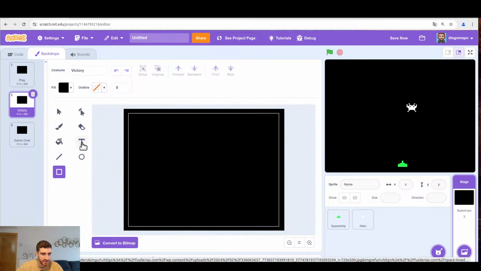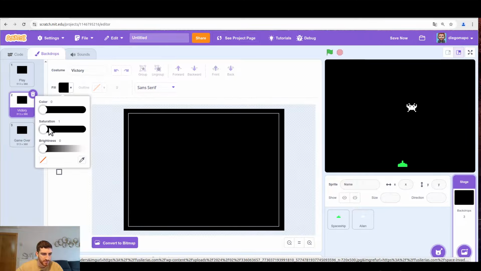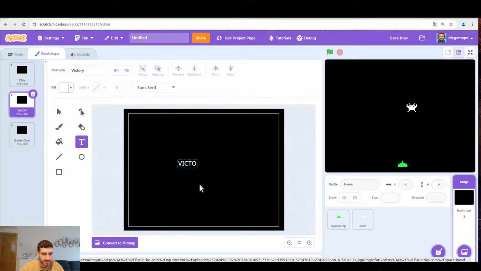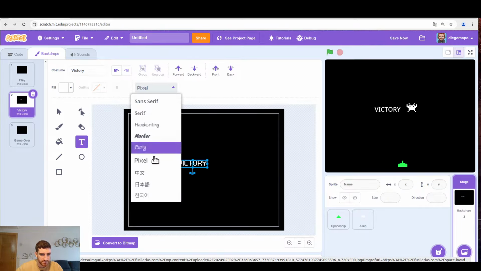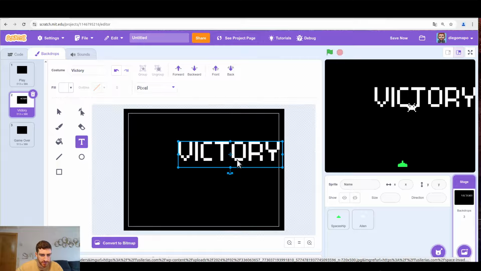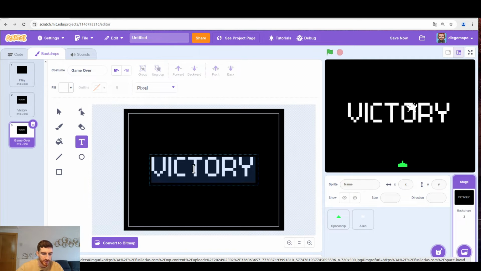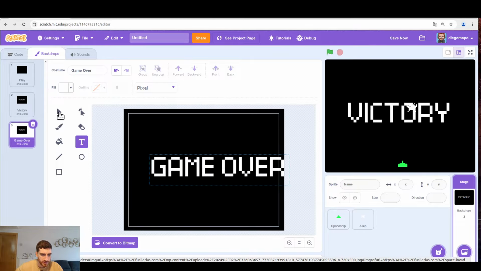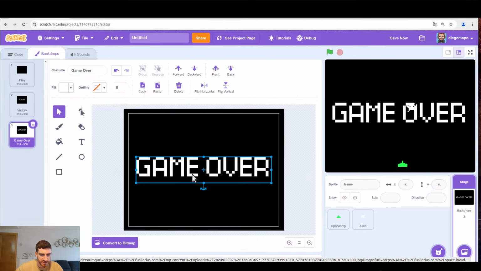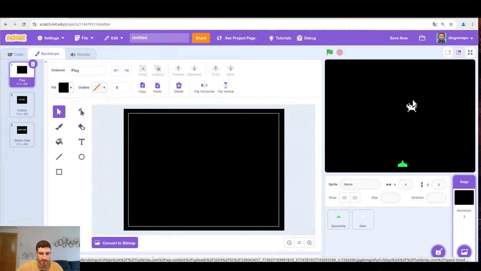So let's go to victory. Let's add some text. Let's type in victory. Maybe this pixel font could be good for this game. You can use this to copy. Come here, paste, and now with a double click, you change the text. And there we go. Very fast, and we have the 3 backdrops, these 2 sprites, and now let's make the